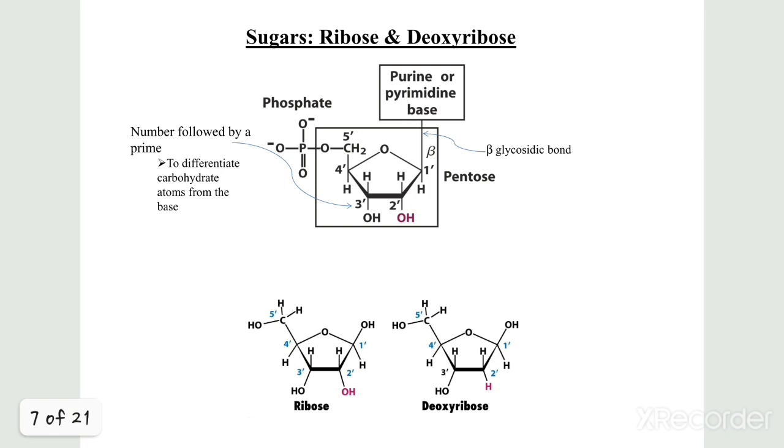If you see the sugar structure, there are two types of sugars, ribose and deoxyribose. In deoxyribose sugar, the oxygen is removed at the second position carbon. Let's see how a nucleotide is formed. If we consider a pentose sugar called ribose, you can see the numbering of this ribose sugar as 1, 2, 3, 4 and 5 prime. At the 5 prime, a phosphate group will be attached.